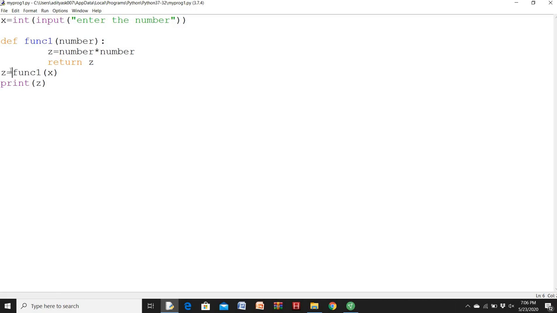When you return any particular data, that data can be used by any other variable. You can utilize that variable to print it or do any other function. But note that one function can return only one data. You cannot return multiple things. If I want to calculate my square root, I cannot return another data also. Only one data I can return using my function. So what is returned after doing any particular calculation or a series of steps inside my